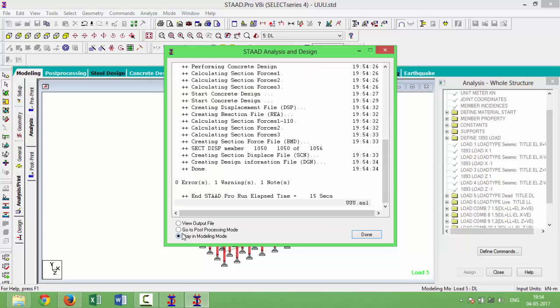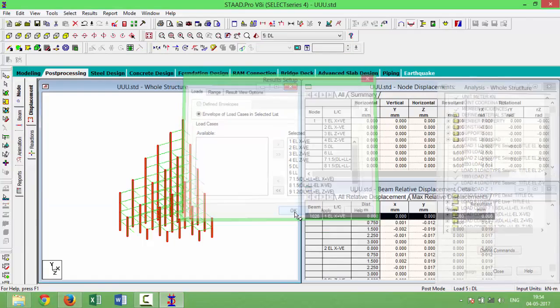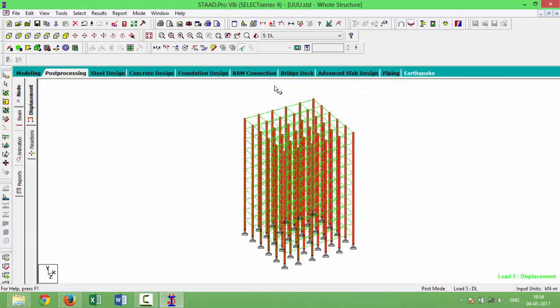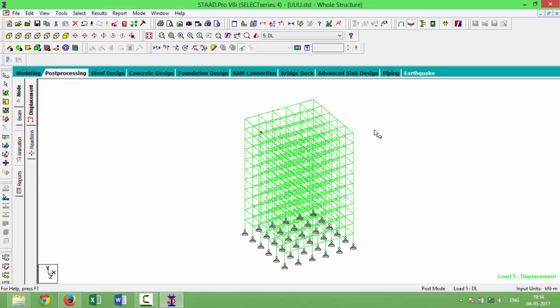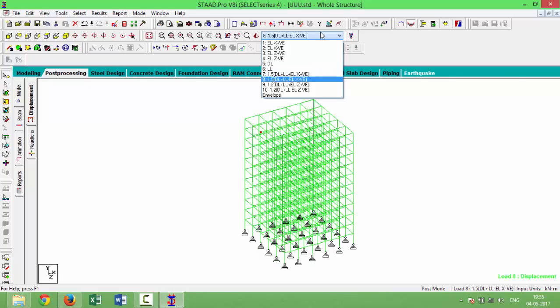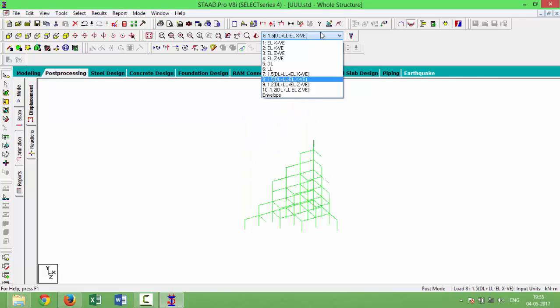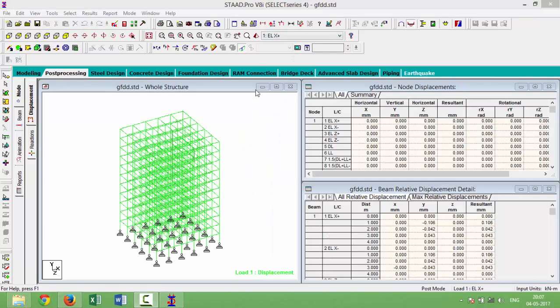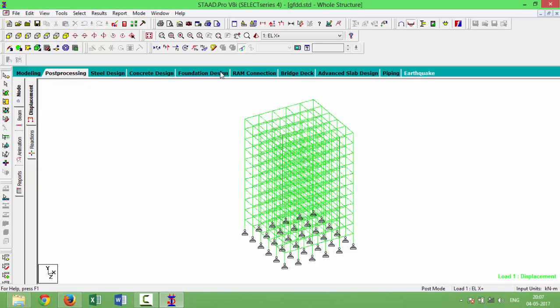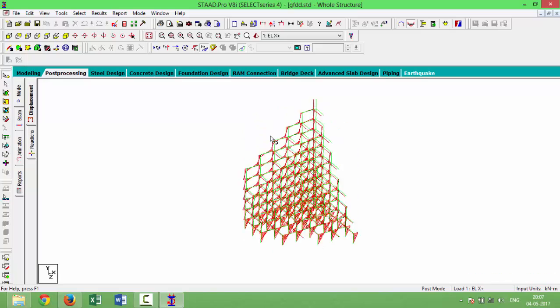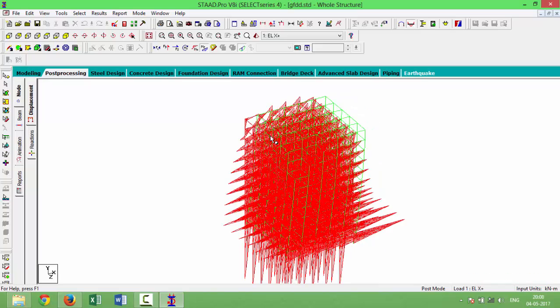and go to post processing mode, and done, and then click here, and then you can check your load. You can check different types of load here. Okay, and you can check shear force, bending moment, axial force, etc. So click here for bending moment. Okay, this is the bending moment